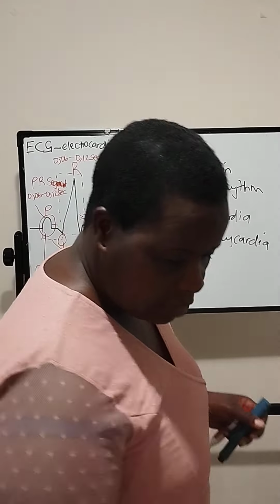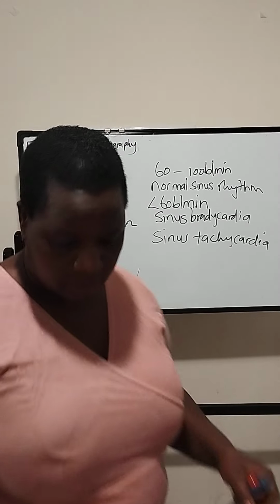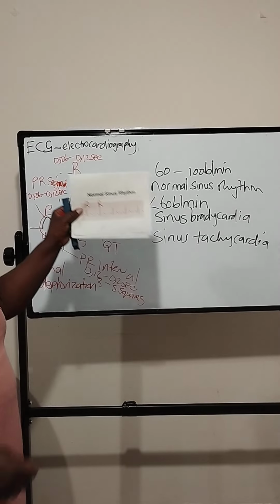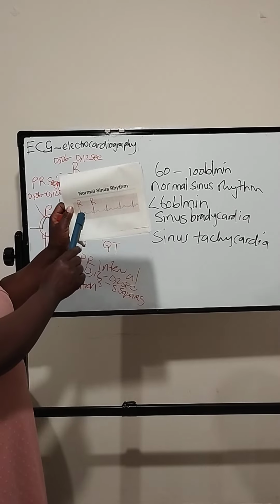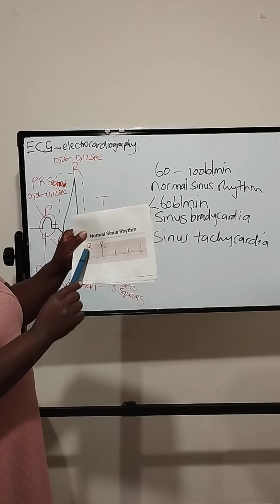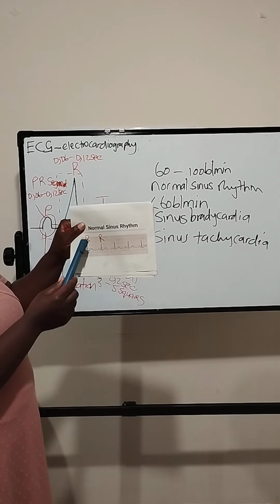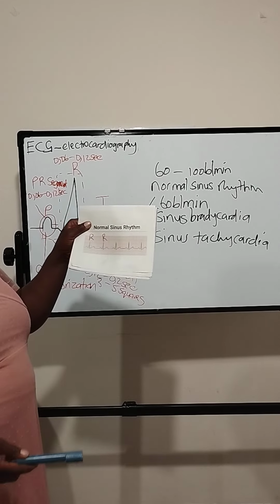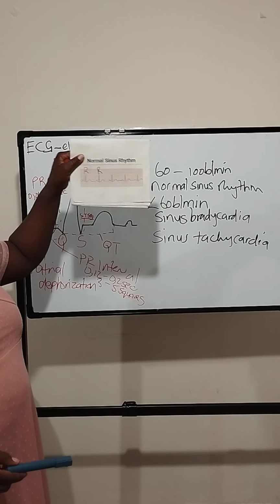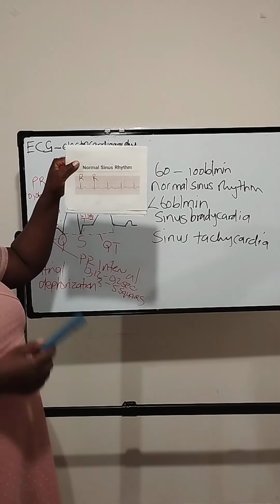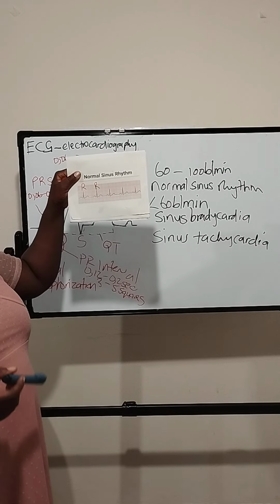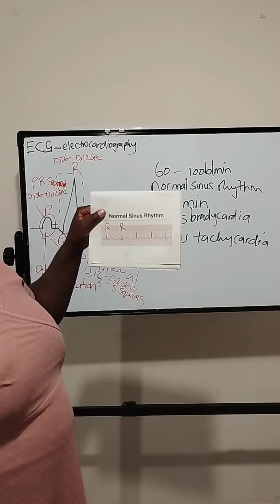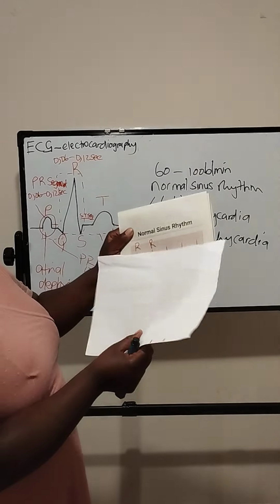Let's take, for example, this paper. You can see this upward deviation shows an R wave, and this one is an R wave, this R wave, this R wave, this R wave. So our ECG paper normally looks like this, and if you want to find out if the rhythm is regular or irregular, you use a piece of paper which is plain like this one,